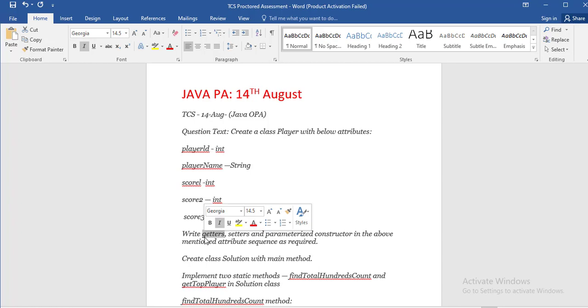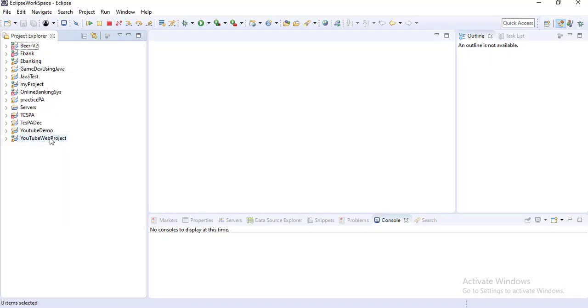First I am creating this Player class and the Solution class. For that I am going to Eclipse. Copy this, the name of this class is Solution. I am going to Eclipse, and here you can see YouTube demo, I have already created a project.